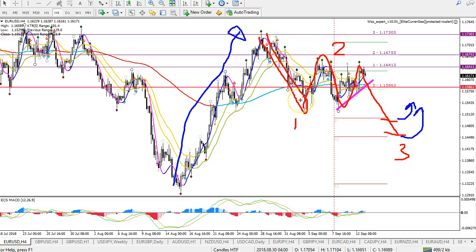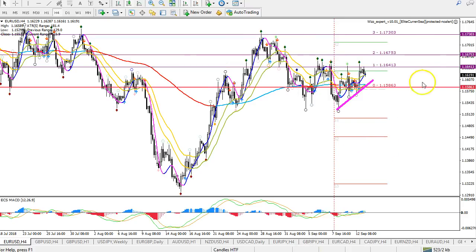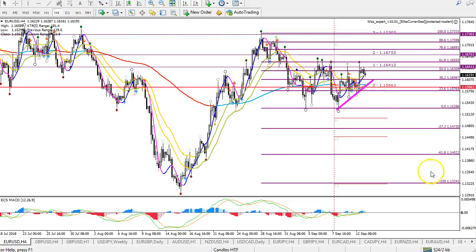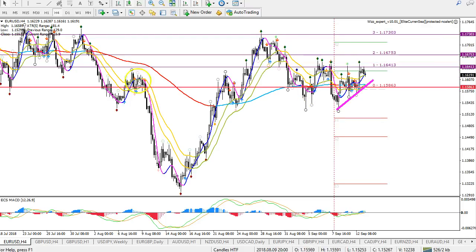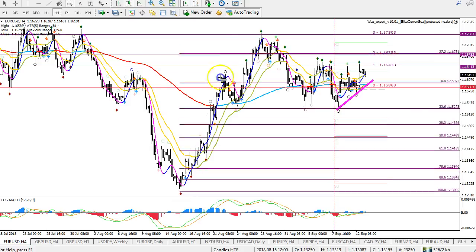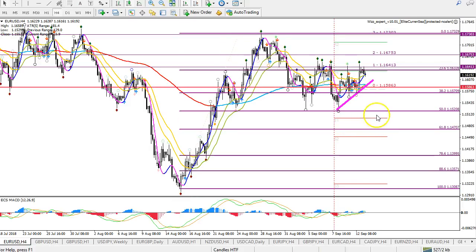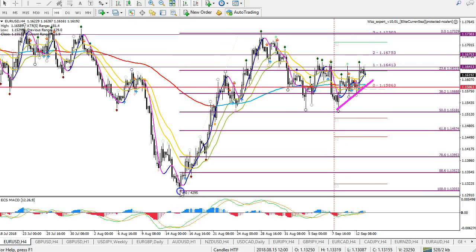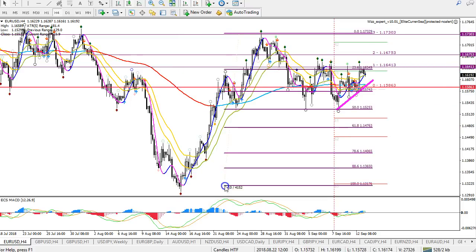For those that like the Fibonacci patterns, I think this is one of them. If we put a fib from here to here, you can look for targets, for instance the -272 target, or you can also put a fib on this swing and look for a 50 or 61.8 fib bounce. Those are support levels to think about.